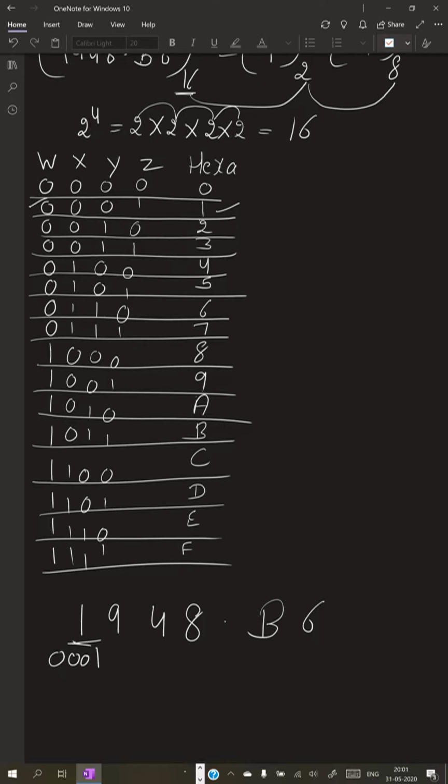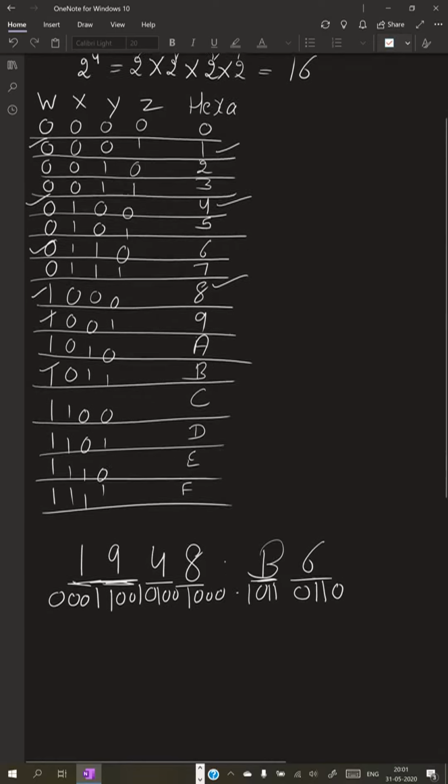After that, 9 is 1001. After that, 4 is 0100. After that, 8 is 1000, then the dot. After the dot, B is 1011. After that, 6 is 0110.